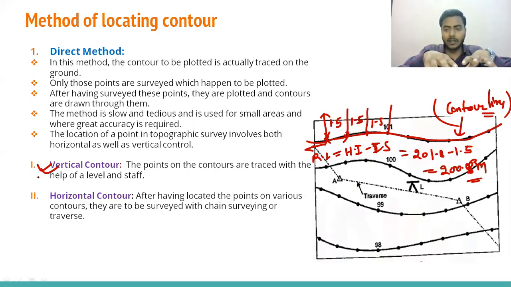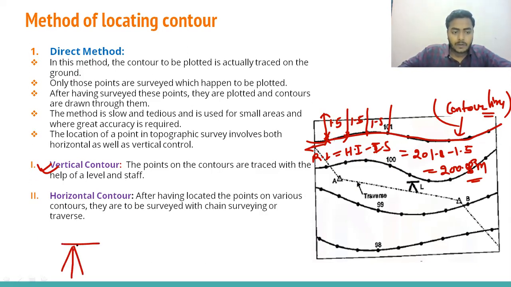First, we take the leveling instrument to the field, and we choose a place from where every point on the ground will be visible. Once it is done, we calculate the height of instrument by assuming the RL of some benchmark. Then we take intermediate sights and keep the leveling staff at different locations of the field, where it will show equal staff reading, which means equal RL.